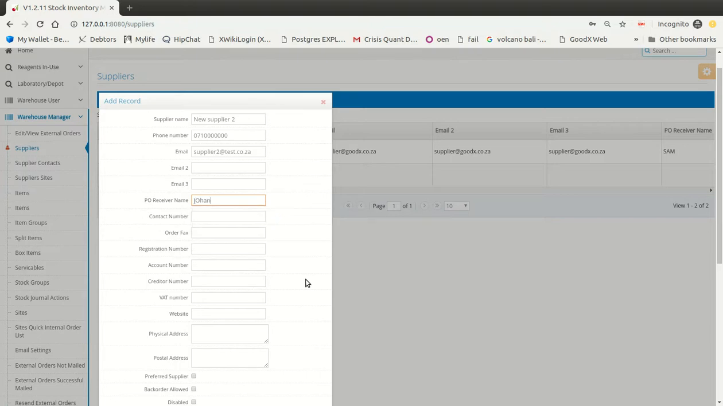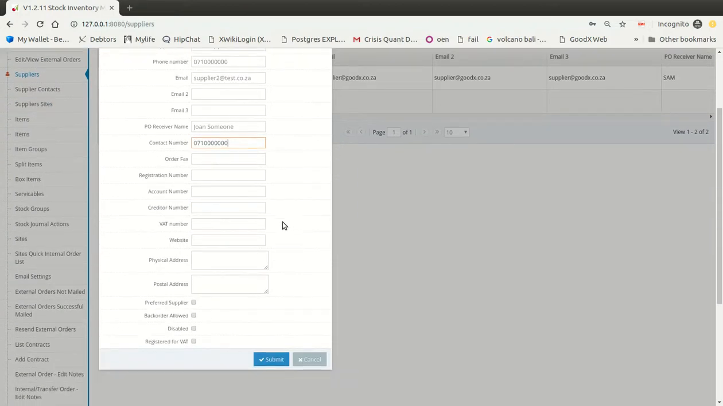So in this case, Joanne, someone. Yet again, contact information for that person. Ideally speaking, this would be the same as the site's contact information, registration number. This would be the company registration number, your account number with the supplier,